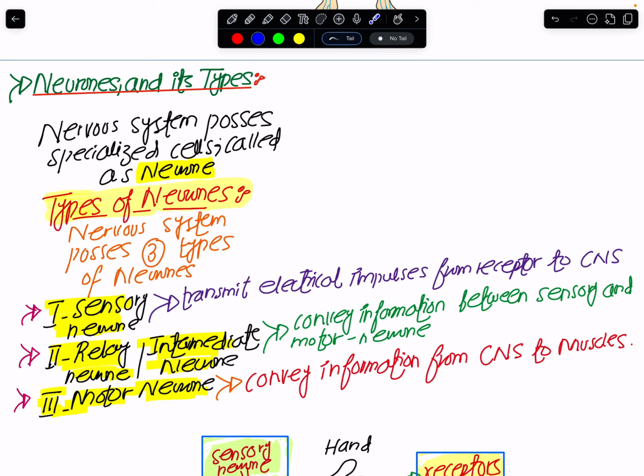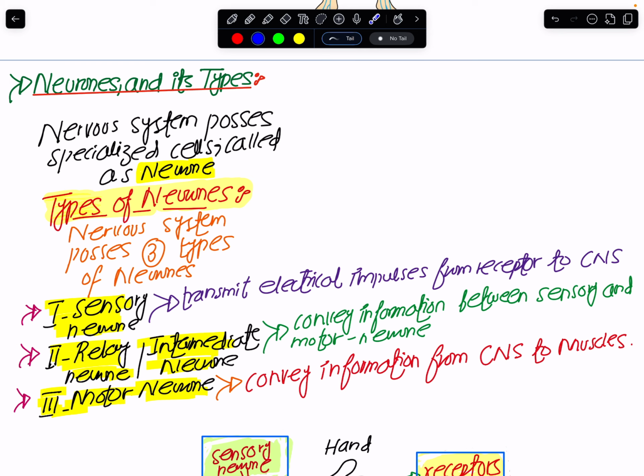Okay, class, so let us begin with the second aspect of what we started discussing in the previous lecture. In our body, we have the nervous coordination and response, and our nervous system is made up of the central nervous system and the peripheral nervous system. This system has some functional cells in it, which we refer to as the neurons. For today's class, we will see what these neurons are, how they are designed, what their types are, and how they render the different roles of getting the communication done between the receptors and the